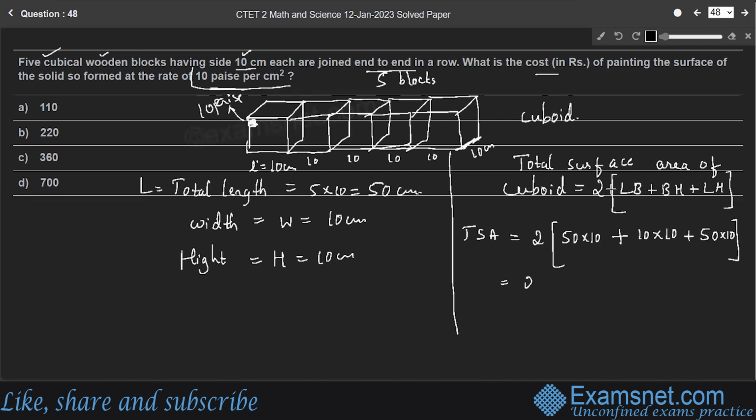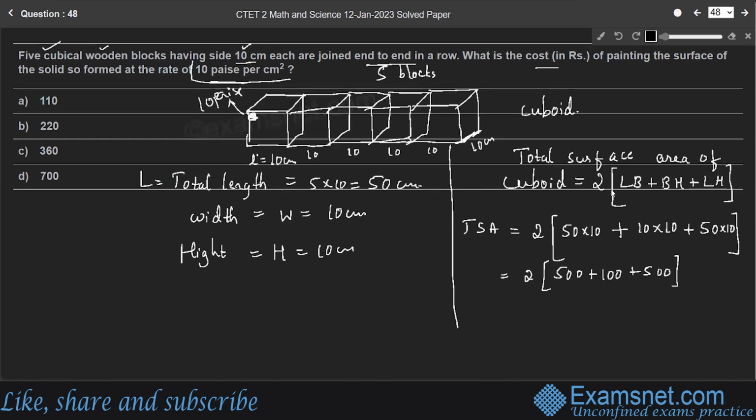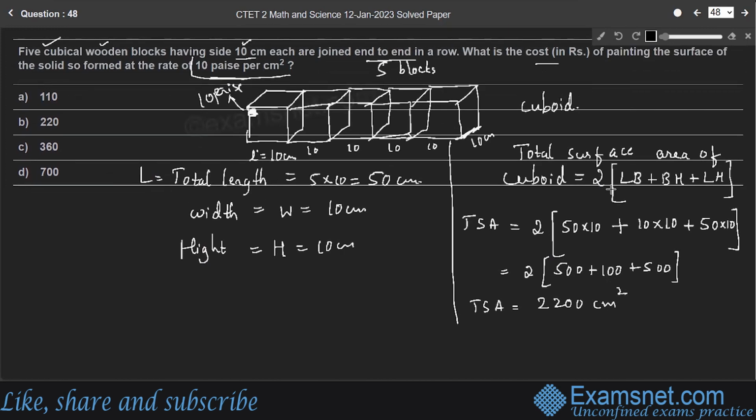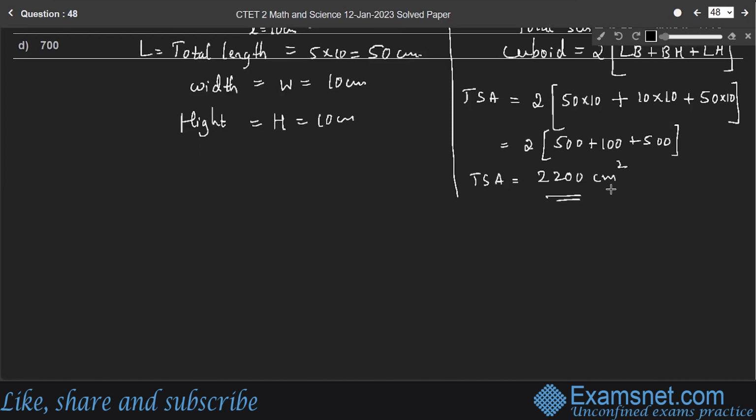Therefore, 2 into 500 plus 100 plus 500. Right? Therefore, total surface area of the cuboid is 1100 into 2, which is 2200 centimeters square. Right? To paint 1 centimeter square, it takes 10 paisa. Therefore, to paint 2200 centimeters square. Right? Therefore, total cost